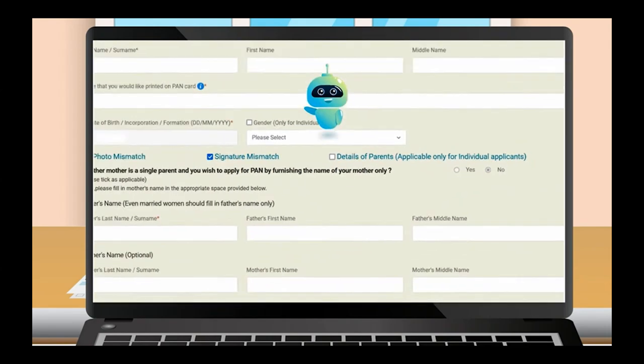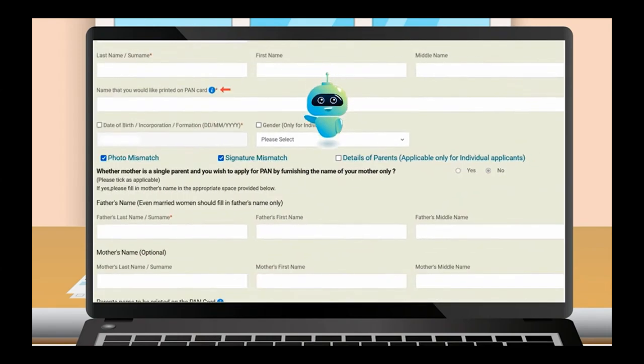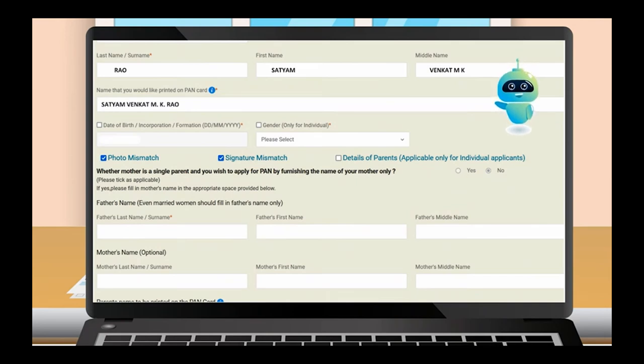Abbreviated name may be provided in the name to be printed on PAN card field. For example, the name Satyam Venkat M.K. Rao should be entered as. But, for name to be printed on the PAN card field, it can appear as Satyam Venkat M.K. Rao or S.V.M.K. Rao or Satyam V.M.K. Rao. Prefixes such as Dr., Kumar, Shri,